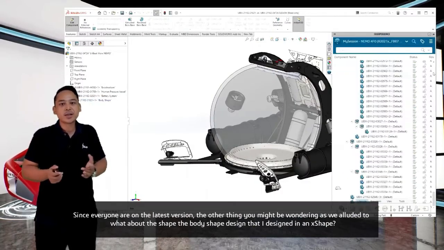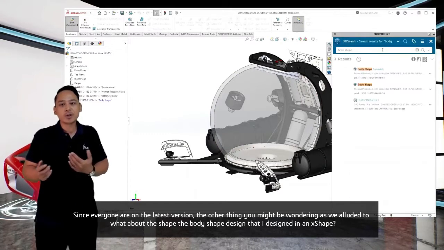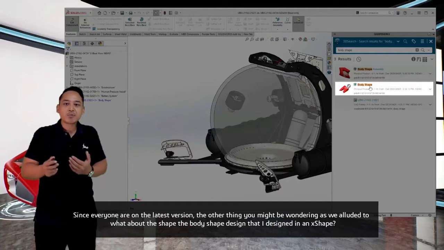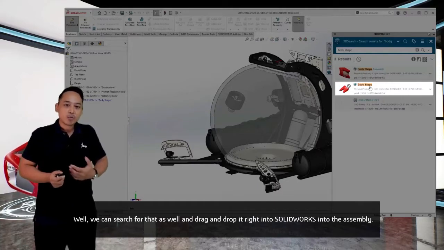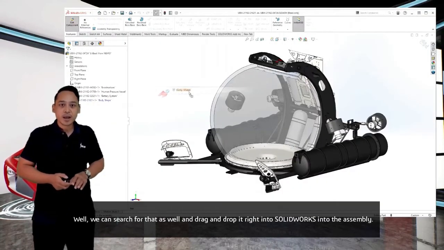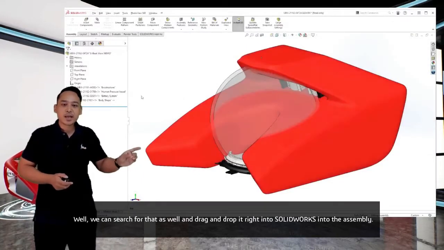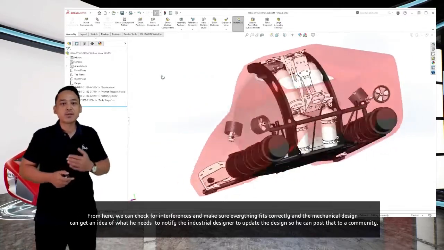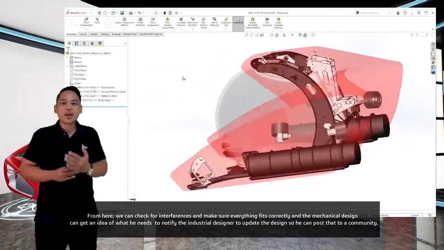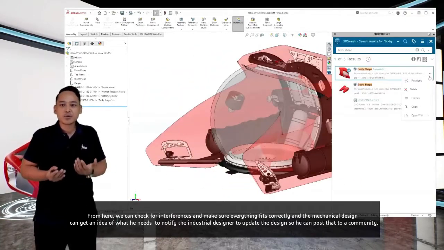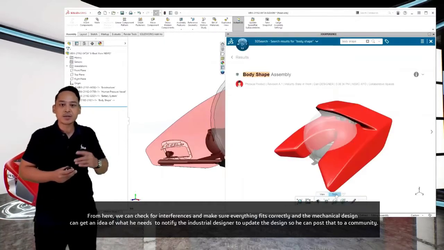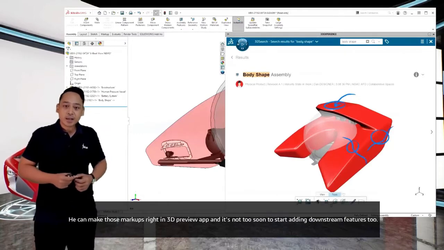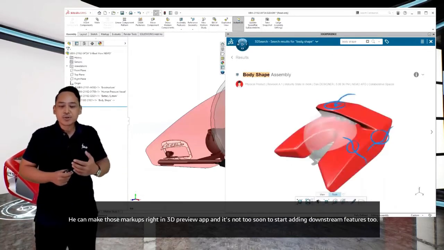The next thing we might wonder is, what about the body shape that we designed in S-Shape just now? Well, we can search for that as well and drag and drop it right into the assembly in SolidWorks. From here, we can check the interferences and make sure everything fits correctly, and the mechanical designer can get an idea of what he needs to notify the industrial designer to update in the design. So you can just post to the community. You can just make a markup right in the 3D preview app,